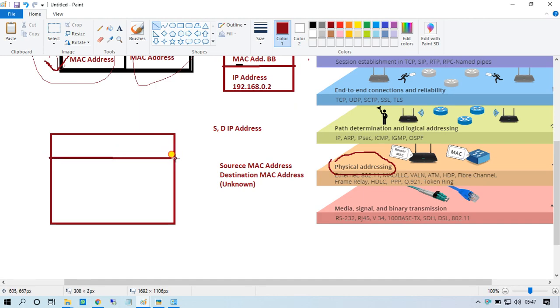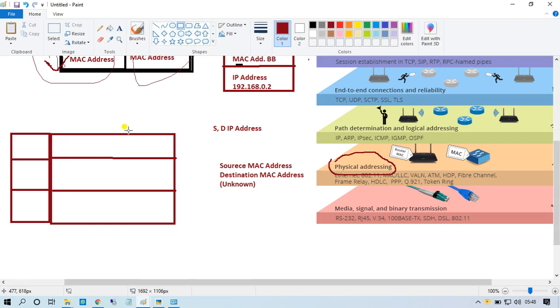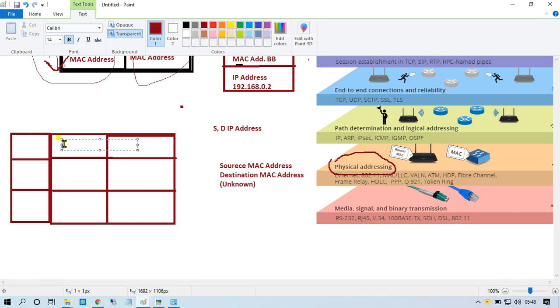First, source, destination, and so on. Now this is PCA and this is PCB.